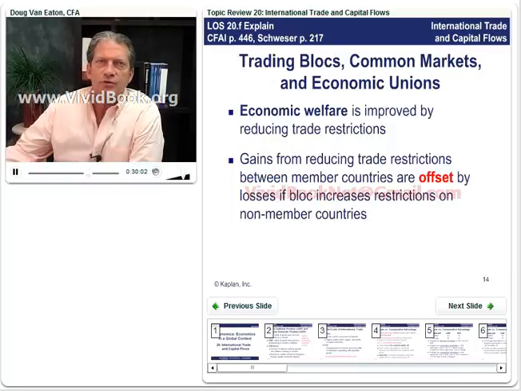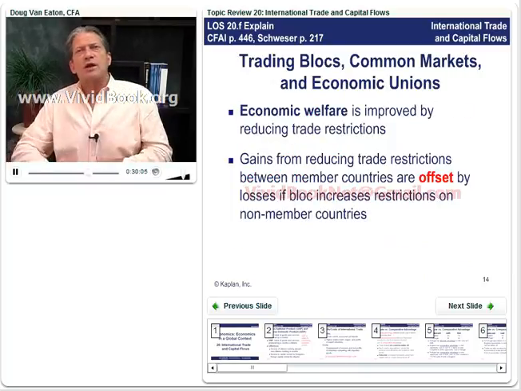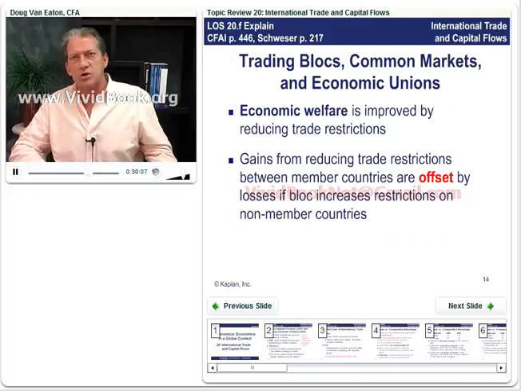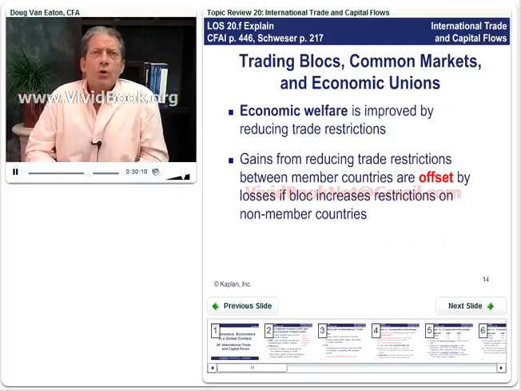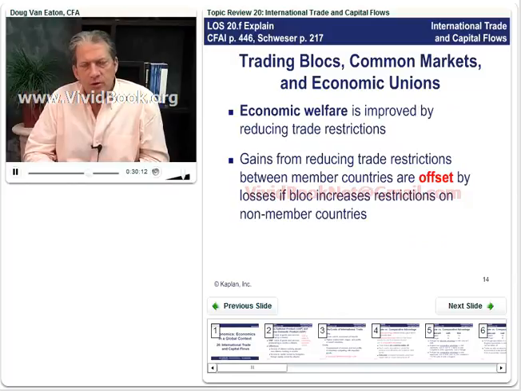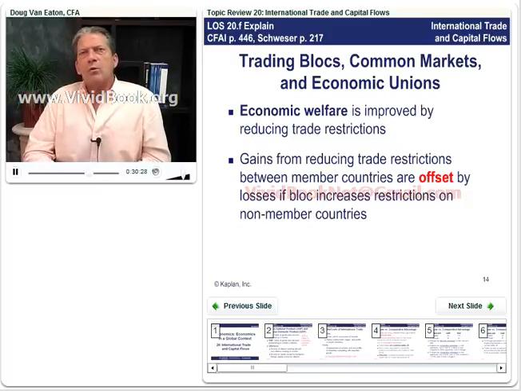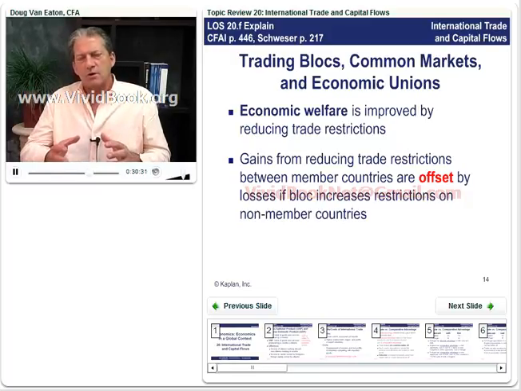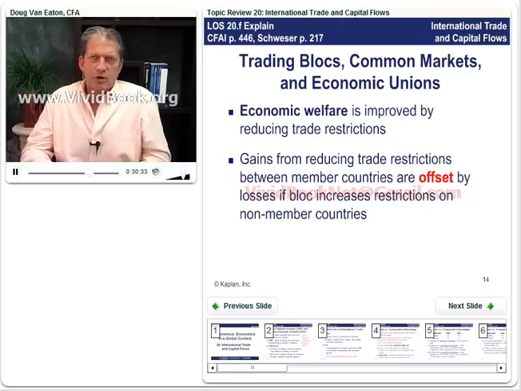Oop, got a little too far ahead there. Now we got to talk about trading blocks, common markets, and economic unions. Okay. We know that economic welfare is improved by reducing trade restrictions. We're telling this story very consistently. Gains from reducing trade restrictions between member countries are offset by losses if the bloc increases restrictions on non-member countries. So we're going to talk about a common market where we say, okay, like North American free trade, right? Said, okay, we can have trade between